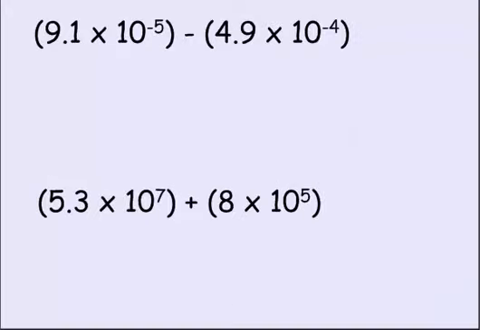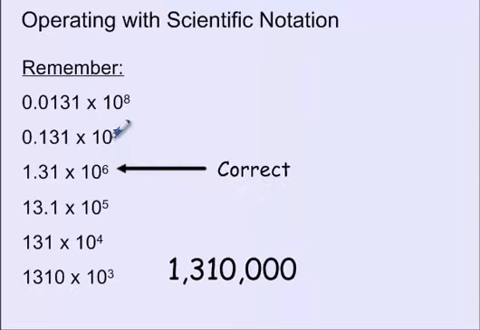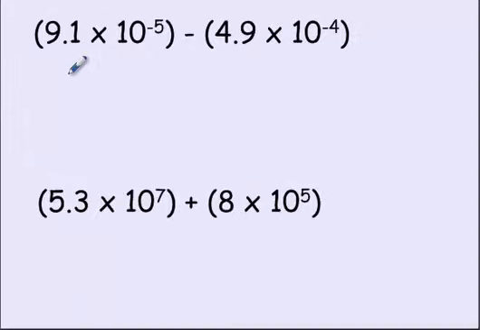Let's move on to adding and subtracting then. With adding and subtracting, they're a little special. You know how in fractions we have to find common denominators? Here we kind of have to find common powers to make it work. So what we could do is you can make this a negative 4, or you can make that a negative 5. Both would be acceptable. If we're going to make this a negative 4, that means we're going to make this one bigger, and it means we're going to make the decimal move over to the left. See that? It gets one bigger. You move the decimal over to the left. So let's do that to make that one negative 4. So it'd be 0.91 times 10 to the negative 4,